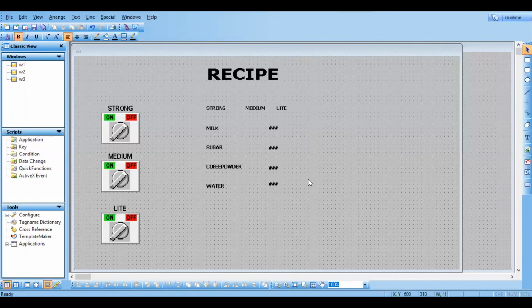I'll meet you in the next session with another topic like how to import and export windows. Fine. So see, here we are having 3 windows. How to get the same 3 windows in some other project, right? We'll see in the next session. Until then, bye.